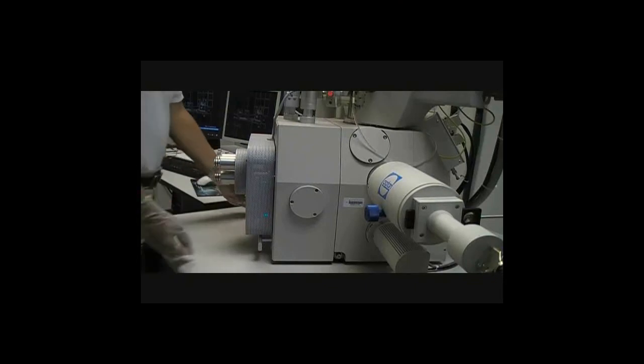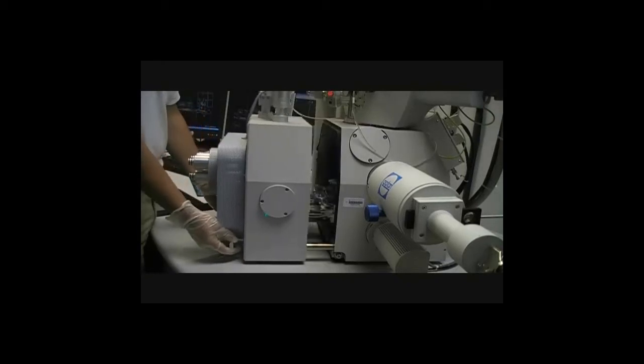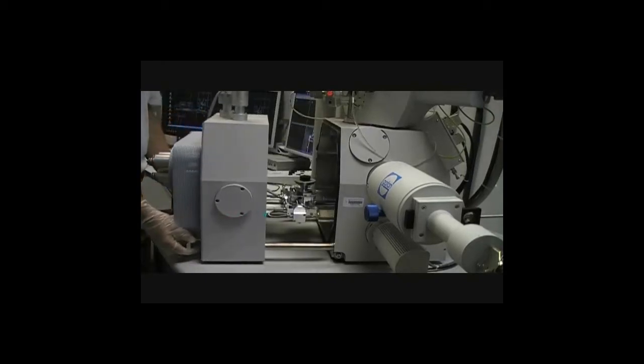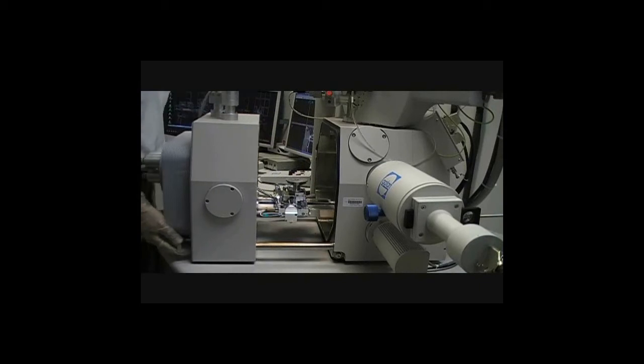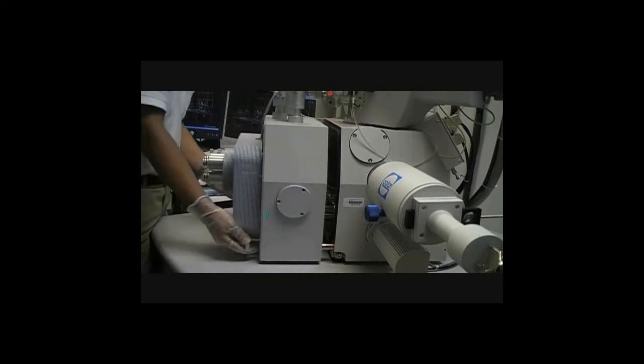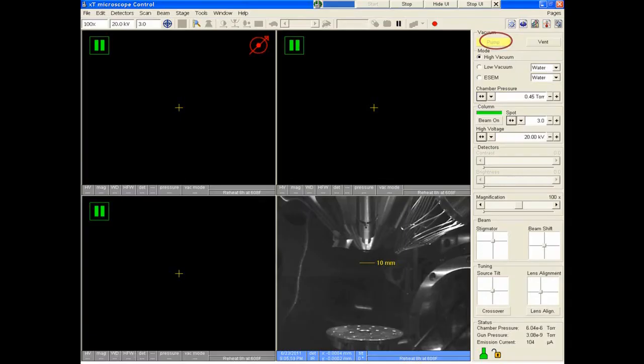Then the chamber is opened and the sample is taken out. After the chamber is closed, the pump is switched on so that vacuum conditions are present inside the chamber.